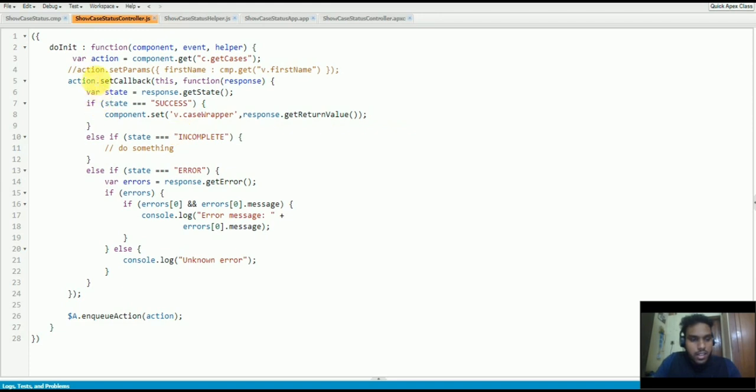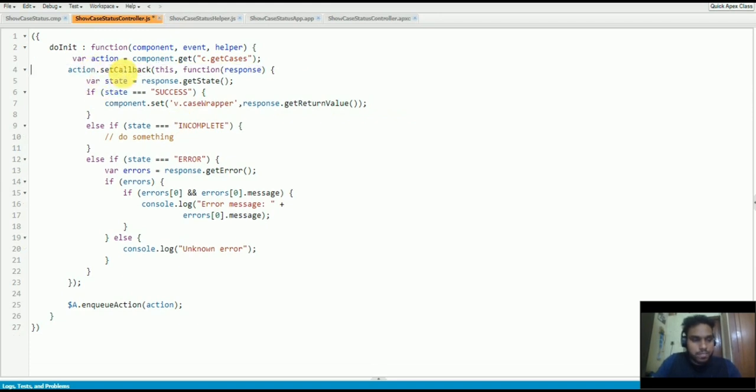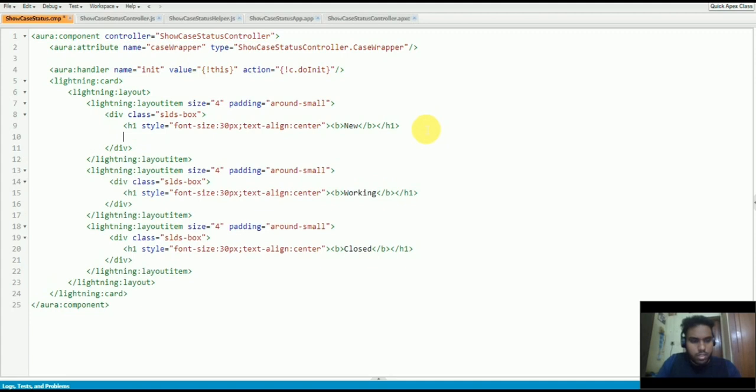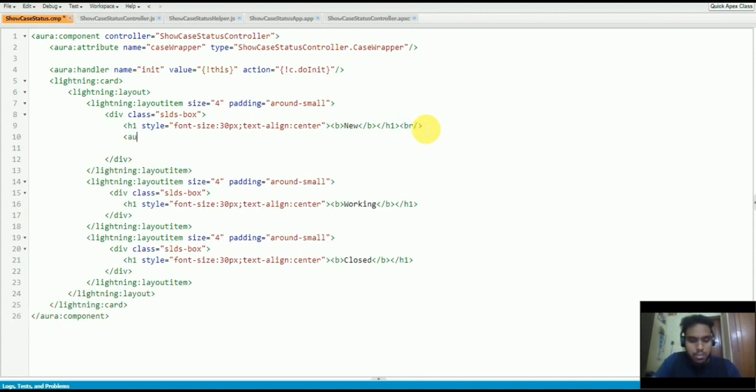Yes, and here I'm gonna iterate these cases. After the h1 tag, I'm gonna add a break statement here, and here I'm going to use aura:iteration and items, which needs to be a collection.